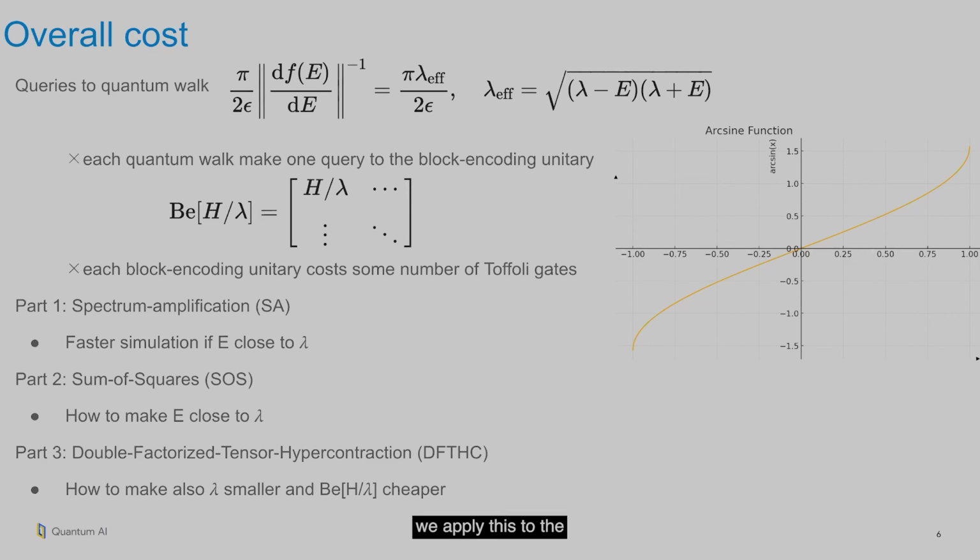In part 3, we'll apply this to the electronic structure problem, and then we show some electronic structure specific optimizations that allow us to optimize all of these parameters like lambda, the closeness of E to lambda, and the cost of the block encoding simultaneously to get the overall improvements that I plotted versus time in years. Okay,